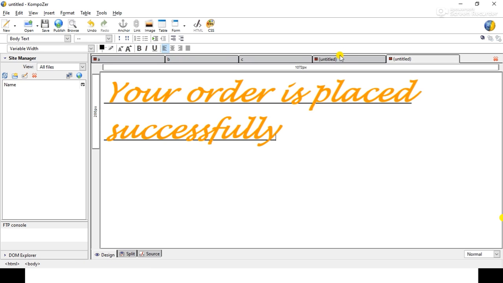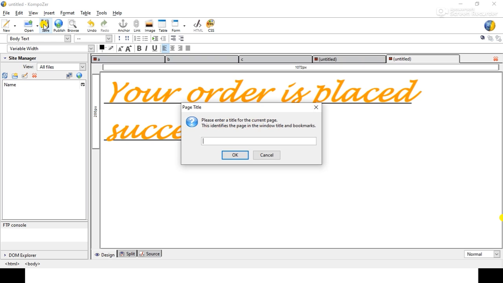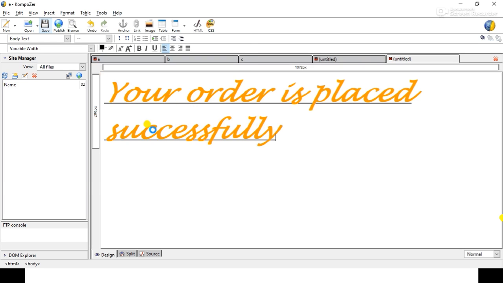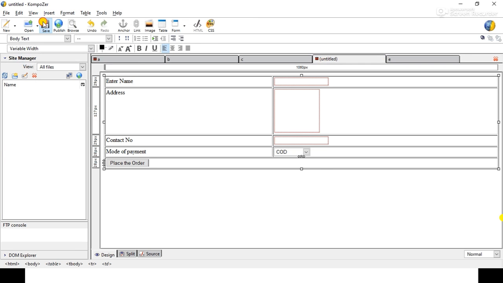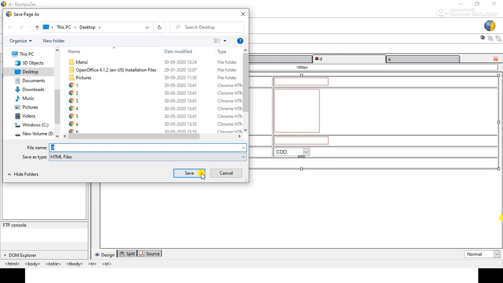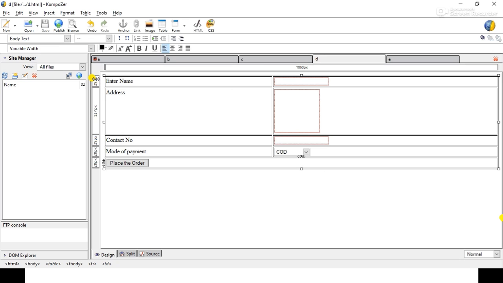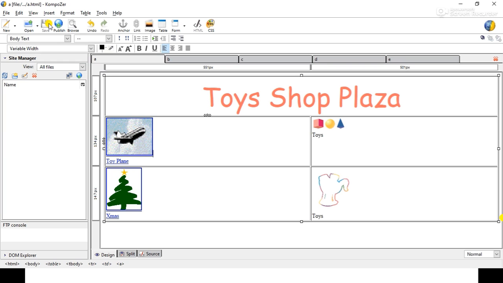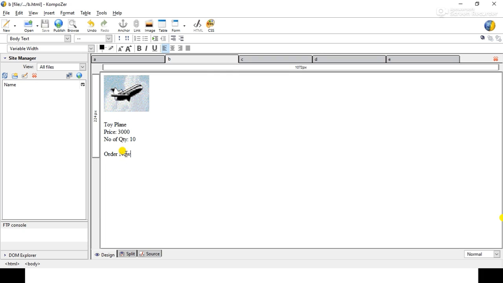Now we will save these two pages. So firstly we will save this last page and click on this save. We will give some name and OK on this desktop and save. Now for this fourth page, we will click on save, give the name D, and save on the desktop. Now as you see, if any page has a red mark, go to that page. As you can see, our page A is unsaved, so we will go into page A and save it. Now once we have created this page, we will give the hyperlink, that is order now.